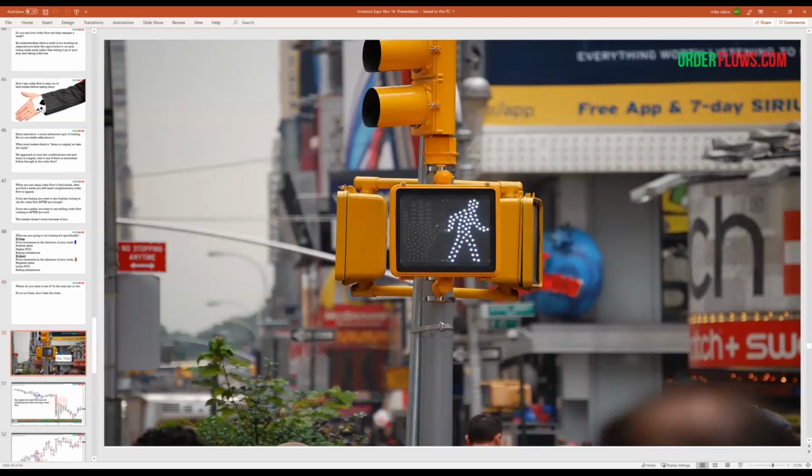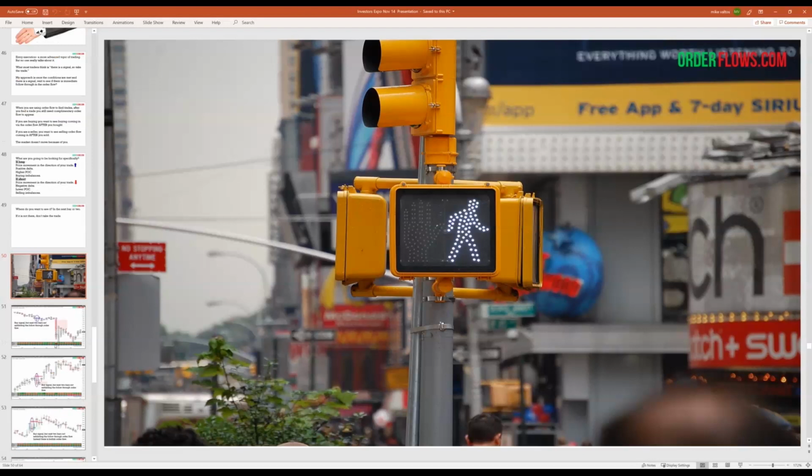Simple, right? You get to an intersection, red light, green light for the traffic, the stop sign, the don't walk, the walk sign. Just because there's a walk sign, you don't just immediately start walking. You look to the left, you look to the right, then you start walking. Once everything is clear, you go. And it should be the same way when you are trading. When everything is clear in the market, that it's going in your direction,